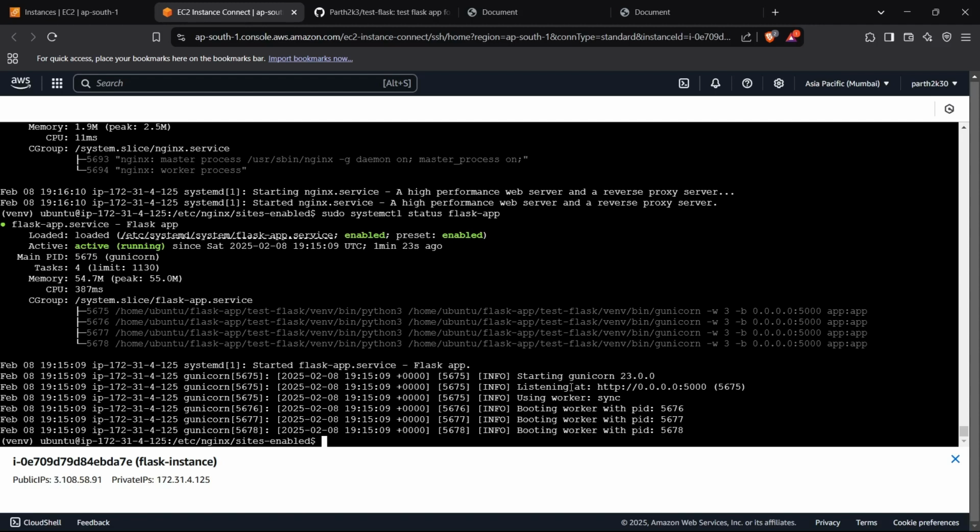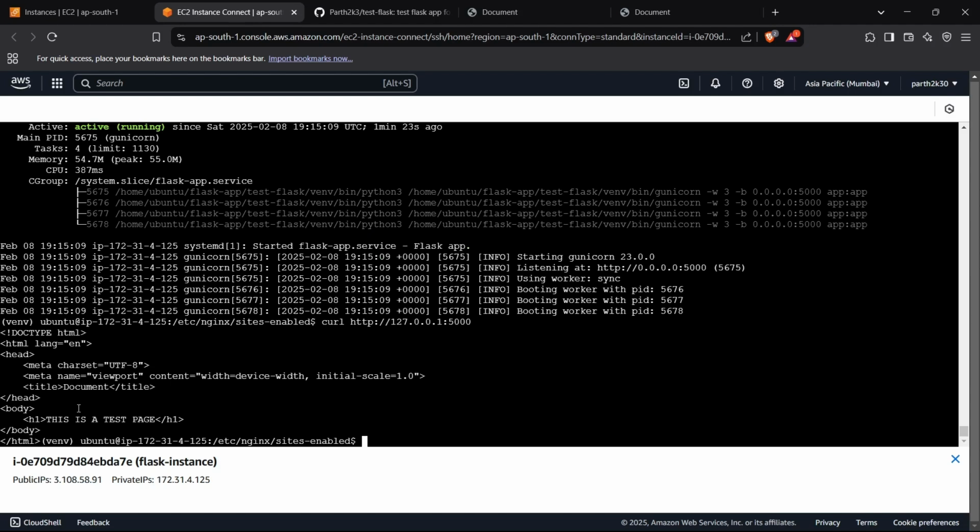So as you can see, we have deployed our Flask app on EC2 instance, and to verify, I can hit a request on my localhost, which will just confirm that our app is running, and I also will get to know about the contents of the app. We can see we got the HTML. This is the test page. So we have successfully deployed our Flask app on